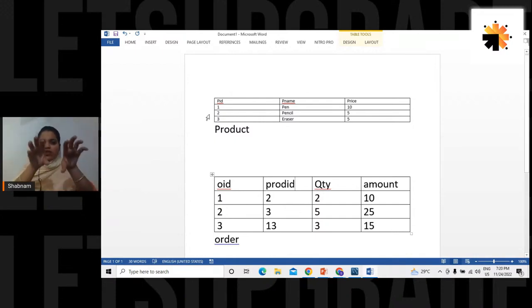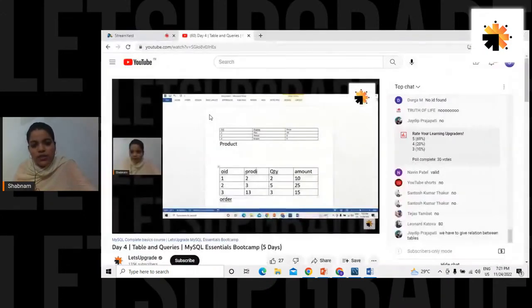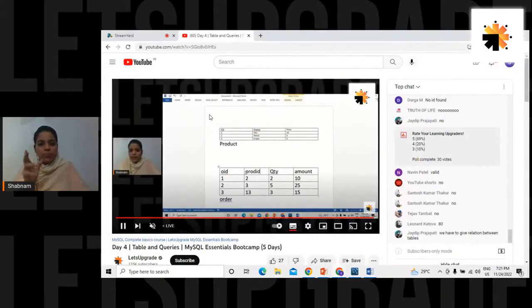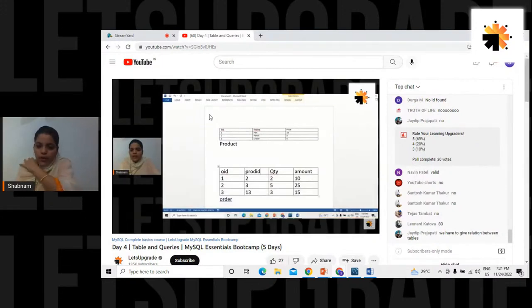So this is the definition of the foreign key. When the primary key of one table enters into another table and links the two tables, it becomes a foreign key. Alright, so if you link these two tables, the foreign key will never allow data which is not present in the parent table to be allowed in the second table. Got it? Right? I would be glad if somebody acknowledges in the chat box whether the concept of foreign key is understood or not. Yes, Jaydeep, we have to give relations, right?